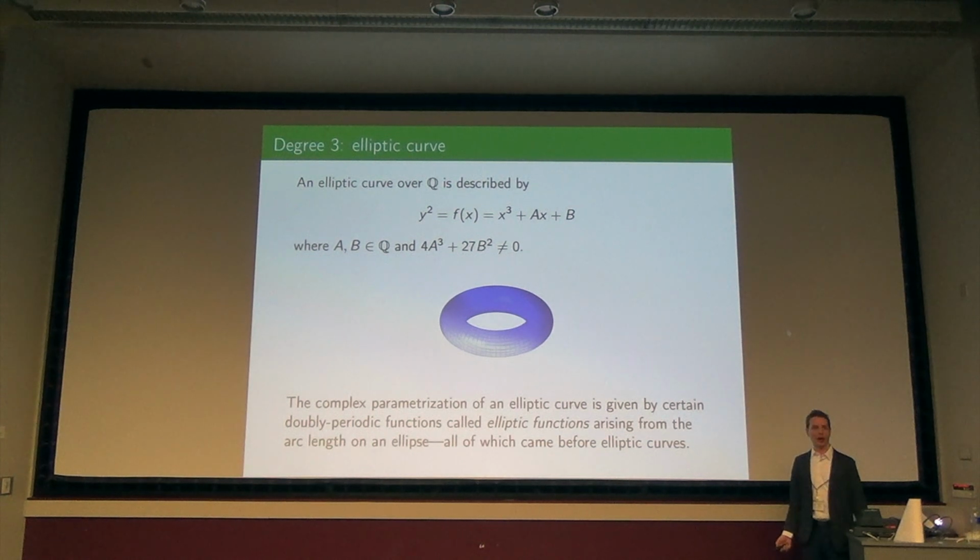Well, there was a long time ago, in that if you studied the arc length on an ellipse, then you end up with something called an elliptic function. Don't ask your calculus students to compute the arc length on an ellipse, or at least not explicitly. You can do it on a circle, because then you end up with sine and cosine. But if you change the ellipse by not having the semi-major axis be the same as the other, then it's an integral you can't do in terms of elementary functions. So instead, they're called elliptic functions.